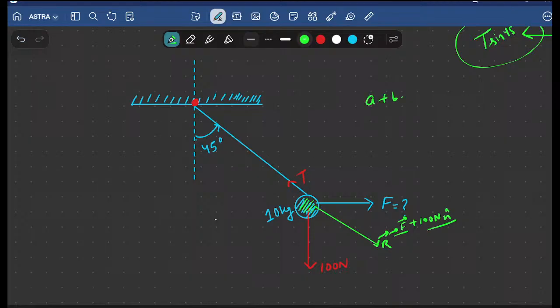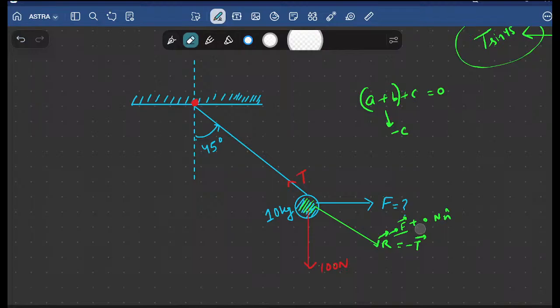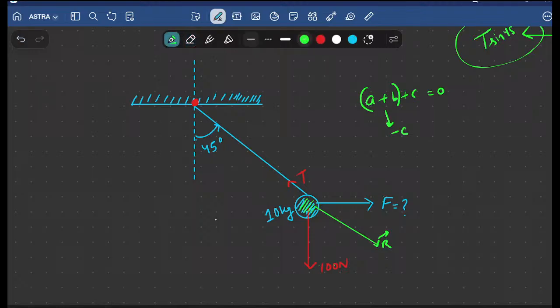If A plus B plus C is 0, it means A plus B must be equal to minus C. Then only it is possible. Otherwise, it won't be possible. So if F, 100 and T sum to 0, then F plus 100 must be balancing T. How would it balance? It would balance only if the resultant is negative of tension. Now negative in vectors shows opposite in direction and equal shows equal in magnitude. So in short, the resultant is equal in magnitude to that of T, but opposite in direction to that of T.